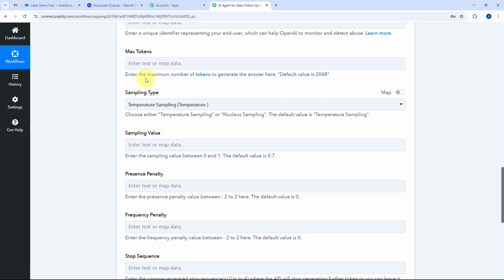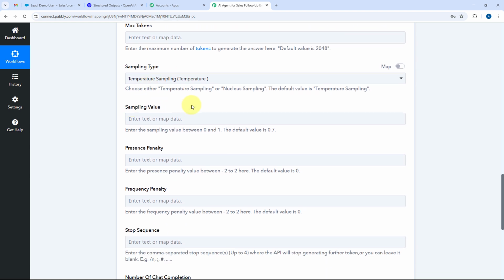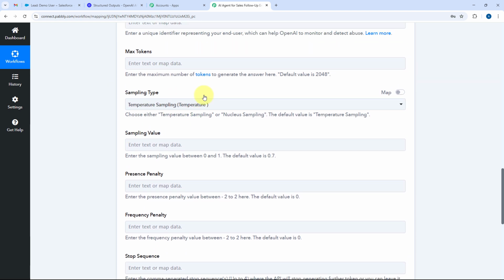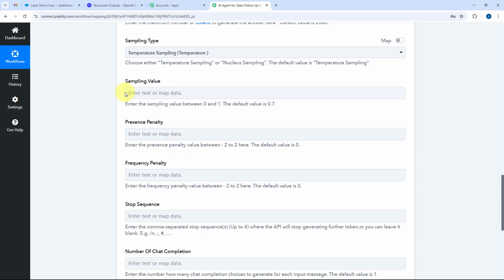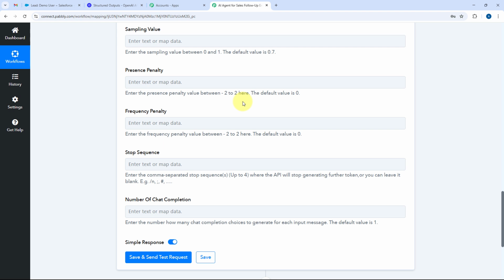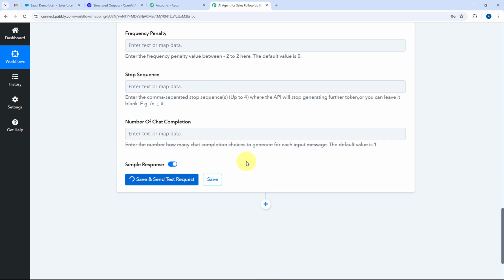Then it is asking us max token, sampling time, sampling values. So what kind of response you want from OpenAI? You can basically customize this response, make some changes in these values, and basically control the type of output or type of email the OpenAI action is generating. Right now, I'm just going with the default values, and we will just click on this save and send test